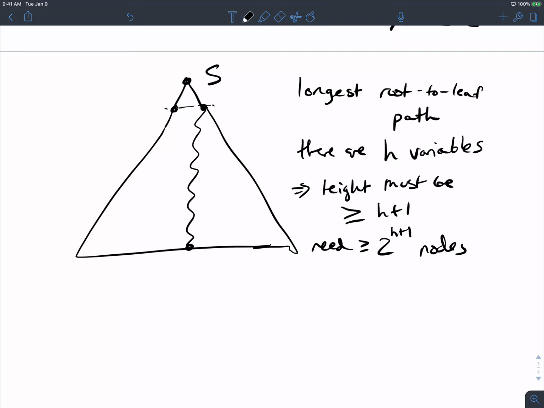It can't be the start variable, obviously, because it can't appear on the right-hand side, but let's say it's some other variable A, which appears here, and then because there must be a repetition somewhere, the same variable appears somewhere else along that same path, because the path has more variables on it than there are actual variables. So there must be a repetition. Questions about that?